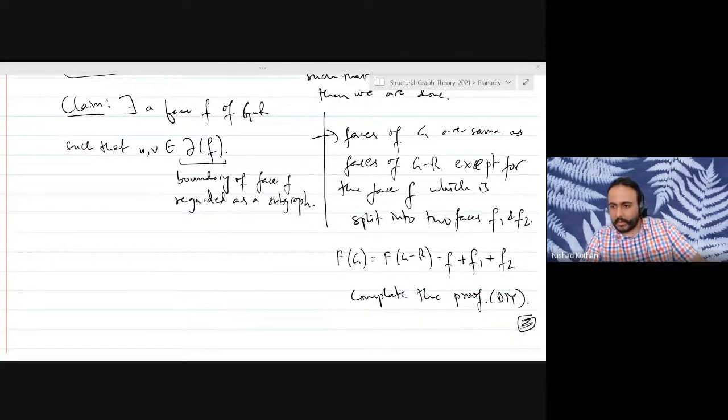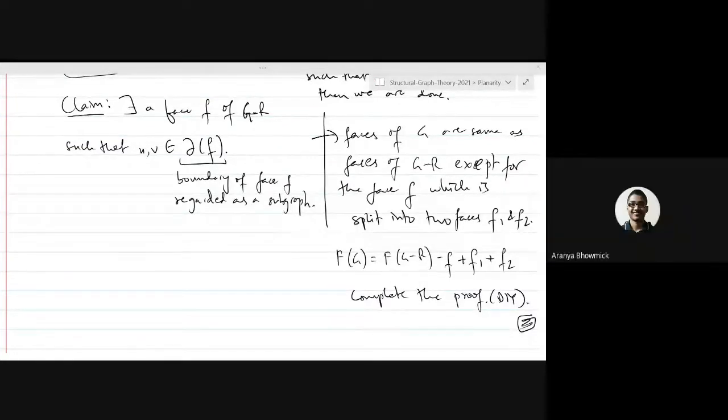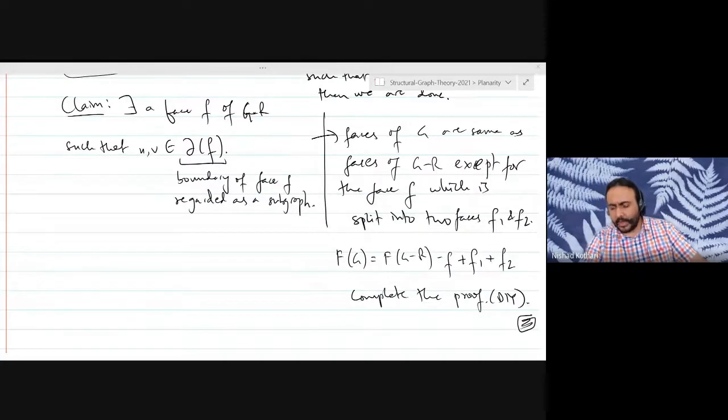There's a comment. Sir, I think that is not true. The comment means multiple faces. If there are multiple faces containing U and V, then I think only one such face will be split. Yes, exactly. Because you are adding only one ear, and that ear is an arc in the topological sense, and therefore it has to be drawn in a particular face of G minus R, right? So that is the specific face that will be split into two faces. Does that answer your question, Shrikant?